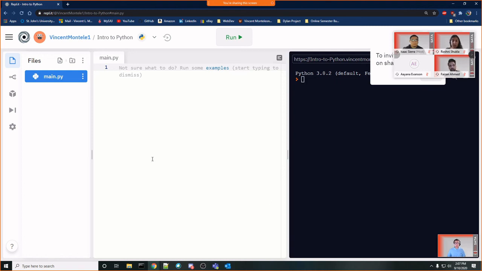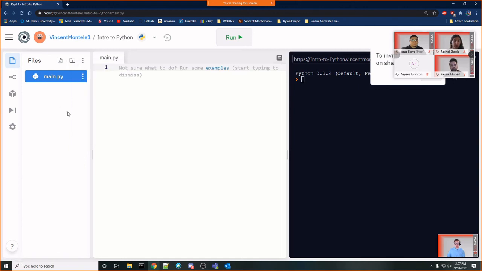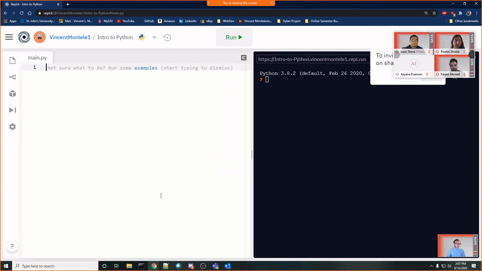After you've gone ahead and created your REPL, you'll be greeted with this screen. It's three parts. On the left over here where my mouse is, this is the files area. This is where you're able to add new files and maintain files. You can press this and upload files or upload folders or even download all your files from here. That way you can use it for any Python project or programming project you want. This main.py file is the one we're going to be focusing on today, but of course if you get more advanced with Python, you can go ahead and add other files. I'm going to drag this to the left since we don't really need any other files for our intro.